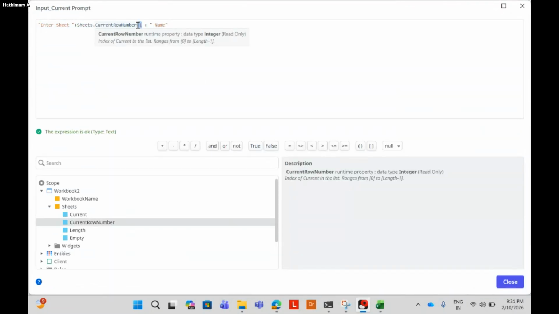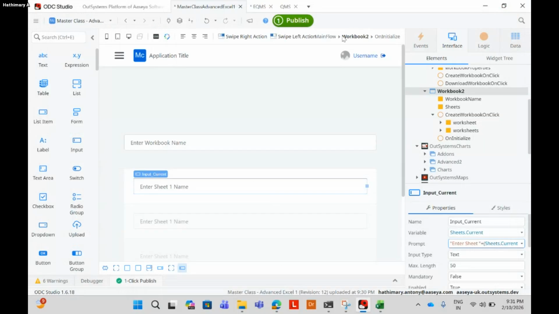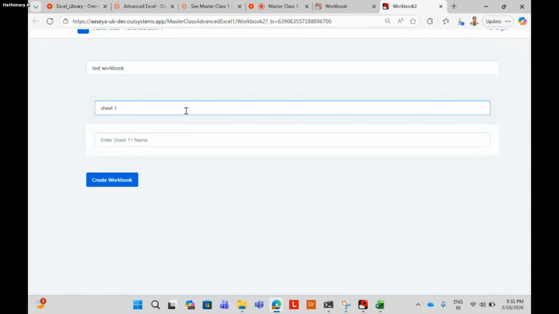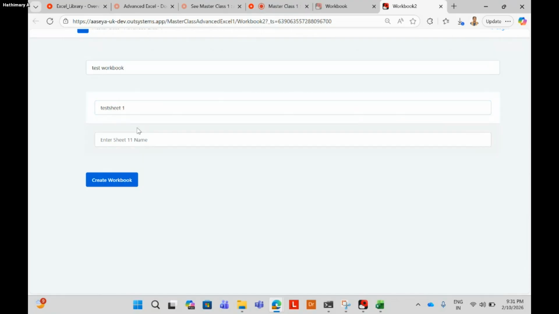It is showing 0 1 like that, so I think I have to put a bracket, so then it will come like 0 plus 1. Anyway, let me put a sheet name and then we will check it: test sheet 1 and then test sheet 2.